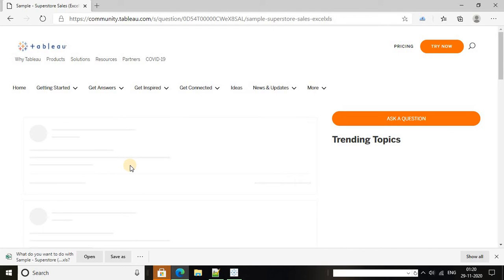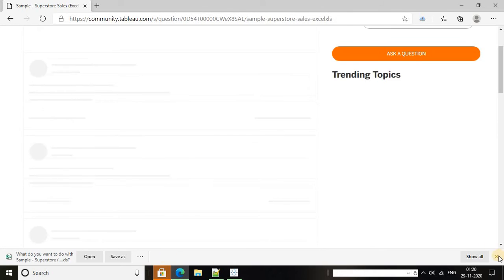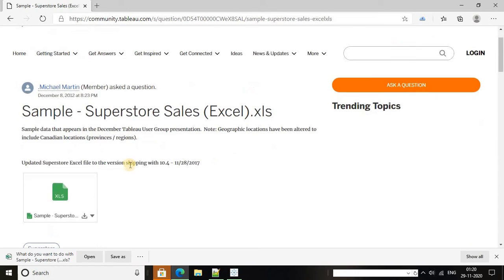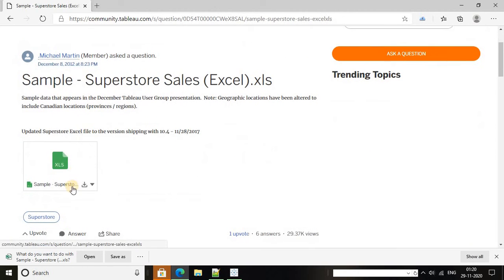It will take quite some time. So you can see that there is an XLS file called sample superstore on this web page. This is the data we are going to use in Tableau Public.